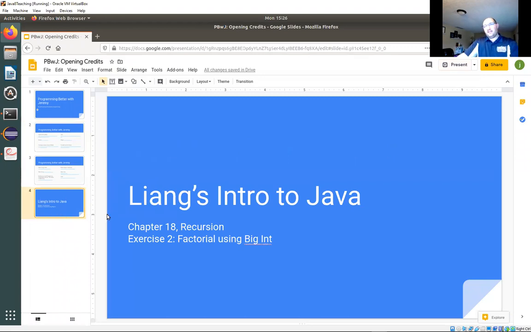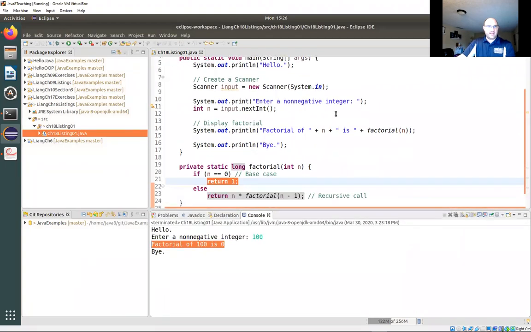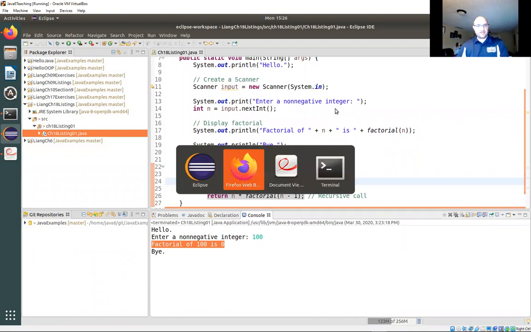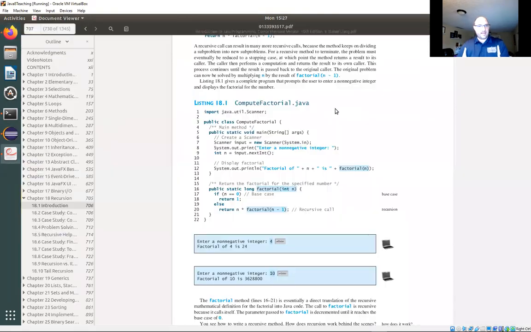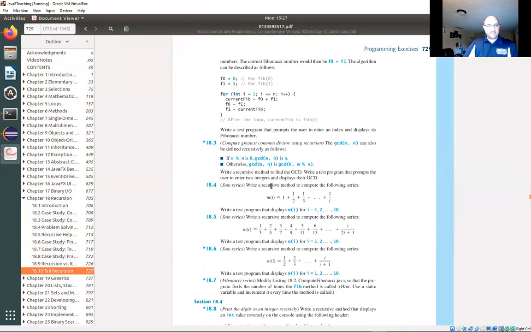We're working today in chapter 18, where Daniel Liang, in his Intro to Java Programming book, introduces the concept of recursion. One of the early listings shows you how to do a recursive definition of a factorial. Then in the homework assignment, exercise 2, it follows up and asks, what would happen if we did that